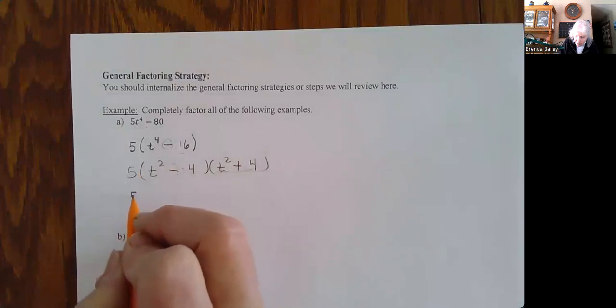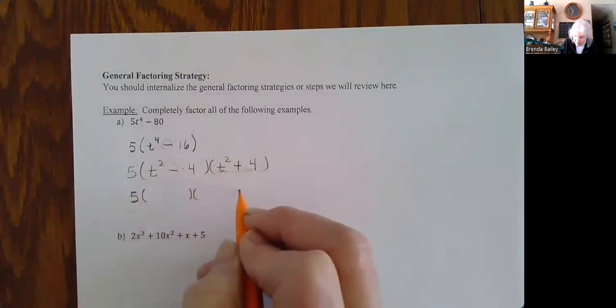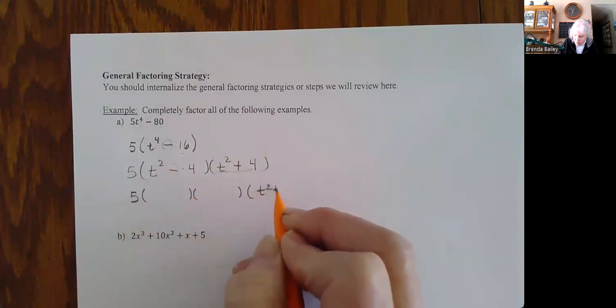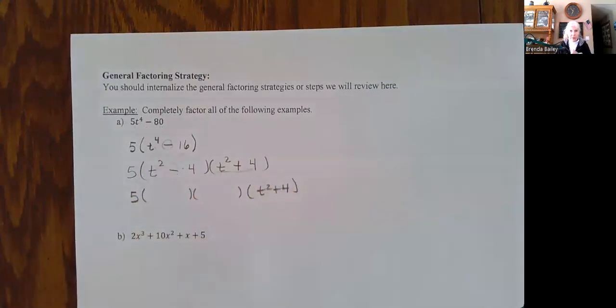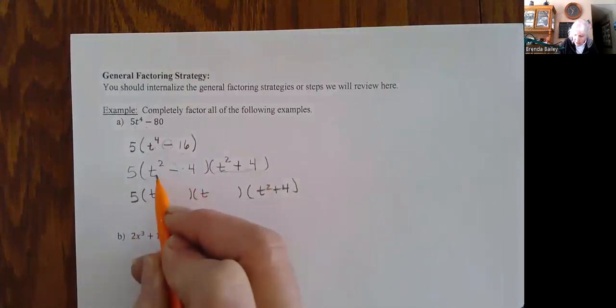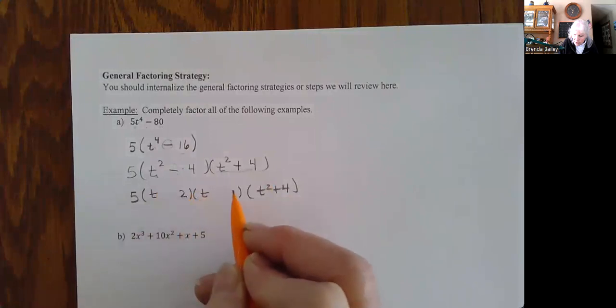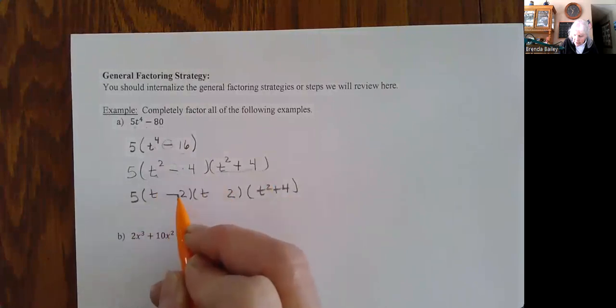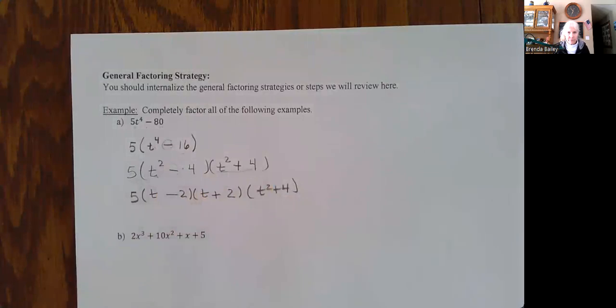So we have our t squared plus 4. That just kind of drops down. We're done with that one. So t times t is t squared. 2 times 2 is 4, minus plus. Okay. And now we've completed the factoring at that point. Greatest common factor, a difference of 2 squares, a difference of 2 squares. Okay, let's look at the next